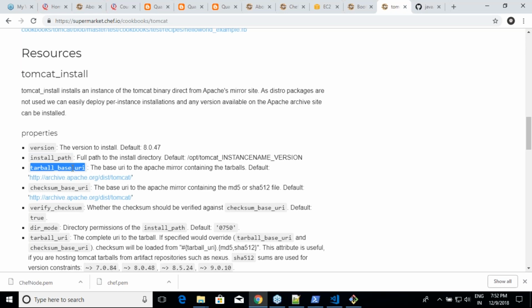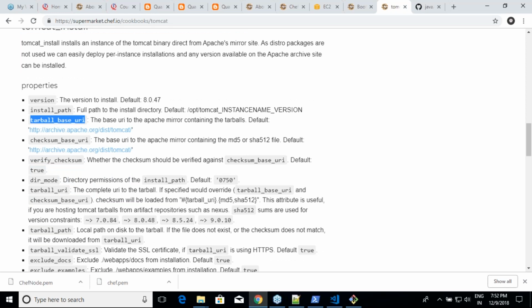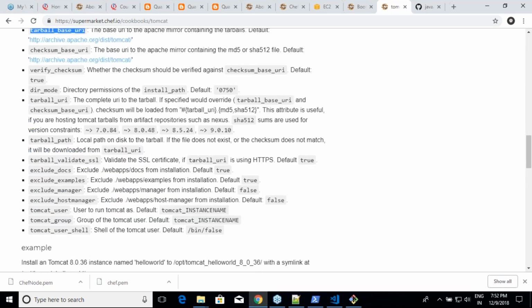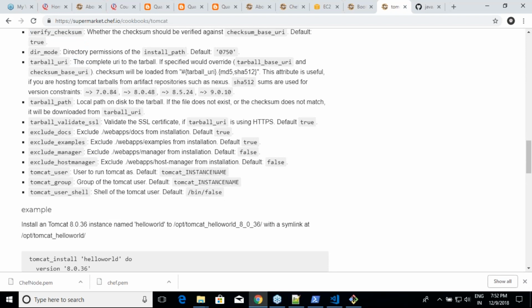So this is the place where it will try to install Tomcat from. If you want to install Tomcat from another source, you can use that source or else leave it to default. So if you look over here, I have to read through the documentation just like how I used to read the package resource when I was starting on Chef. To work on package, I used to look at the package syntax and read everything, right? So here it's the same story.